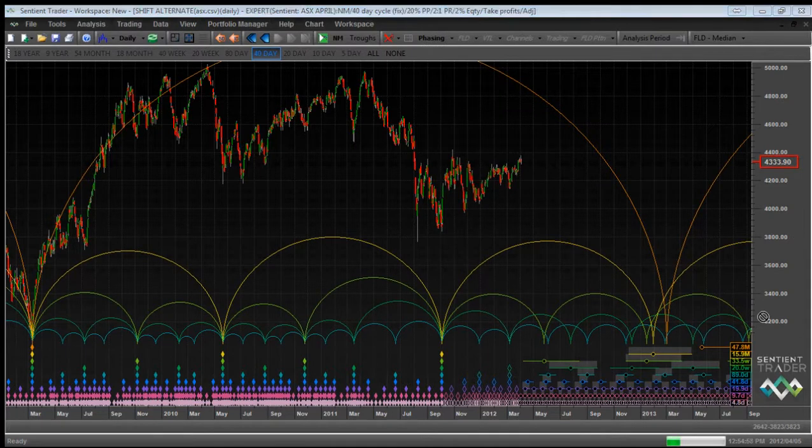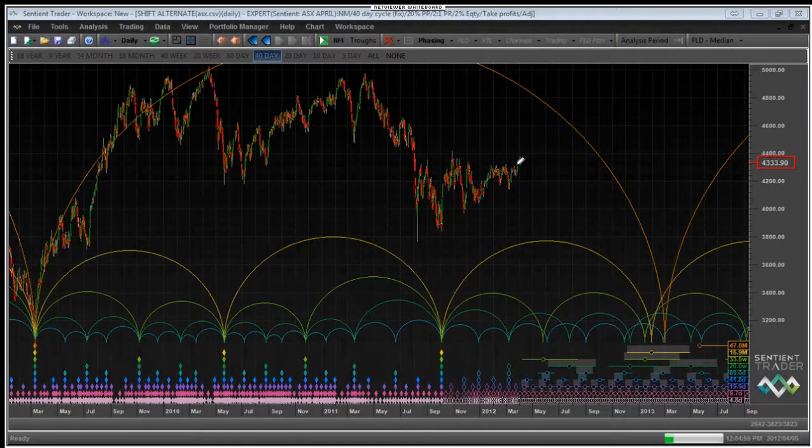Let me just shift this chart around a little bit. Okay, and there we go. So what is going to happen next? Well, let's see if these semicircles... yeah, the semicircles look quite interesting. So where are we, and what's happening, and what's going to happen next? Well,